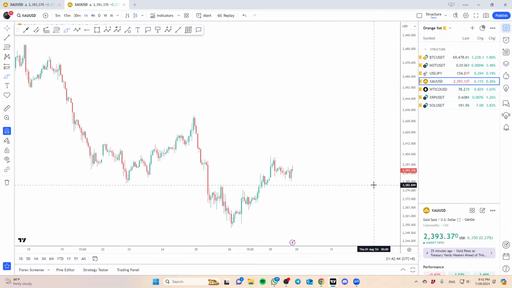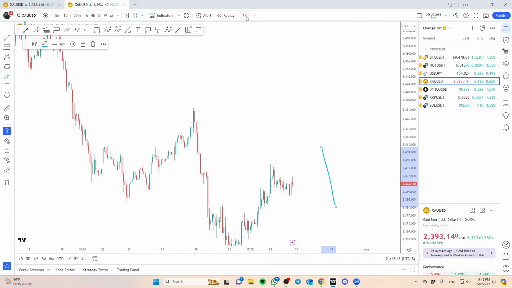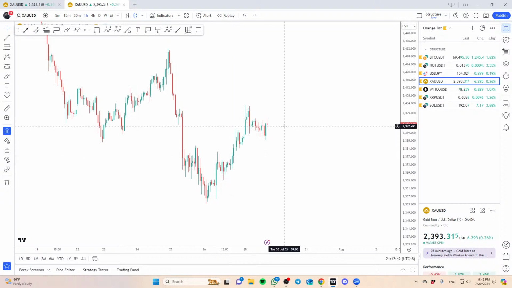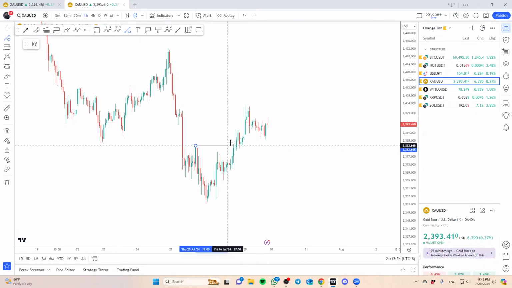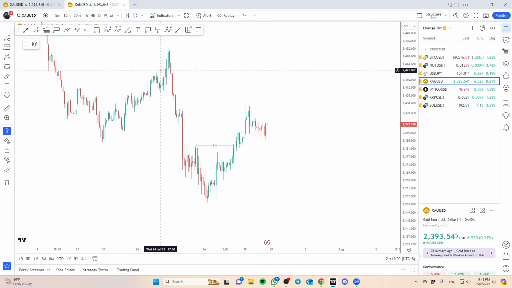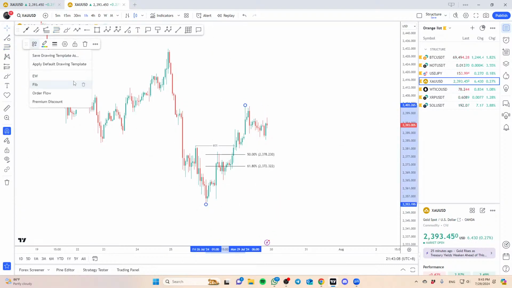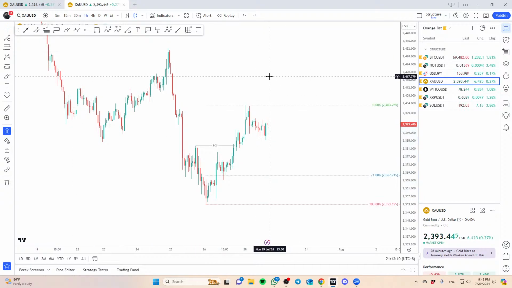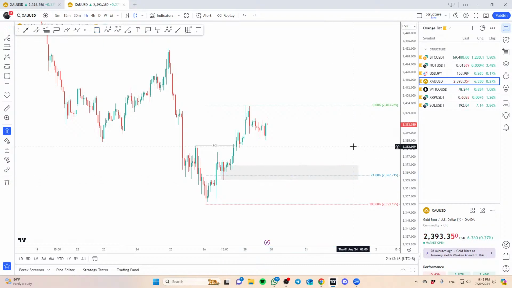If I clean up everything here, if you want to trade the short-term move to the upside, there are definitely some opportunities to look out for as well. We do have some confirmation that the market is shifting higher. If I pull in this fib, swing low to swing high, we have a little bit of a confluence where this 71 fib comes in towards the previous demand or block.